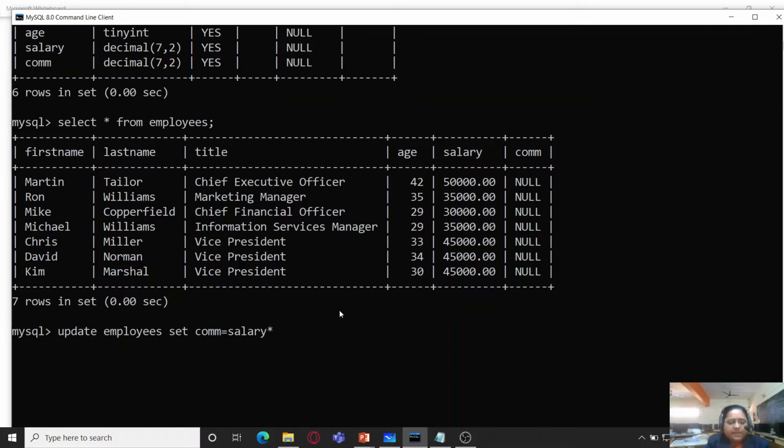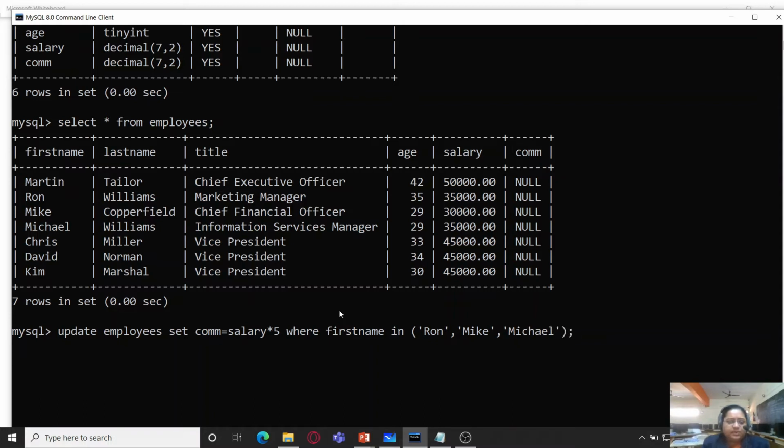I'm calculating this as say 5% of the salary, as incentive is provided to certain employees. So I'm just providing 5% of salary, where first name in Ron, Mike, and Michael.